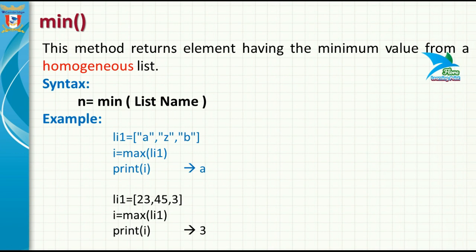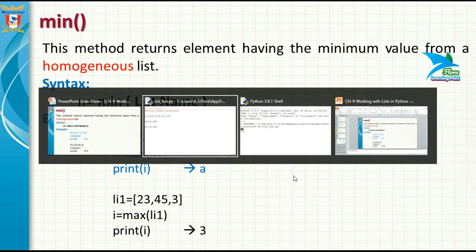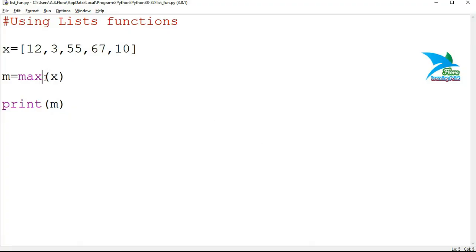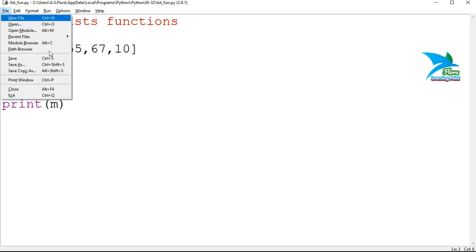In the same way, we have the next function, that is the min function. This method returns the element having the minimum value from a homogeneous list. The rules are the same: we must declare a homogeneous list of elements, and the syntax is the same. So let's demonstrate how we can make use of this function.